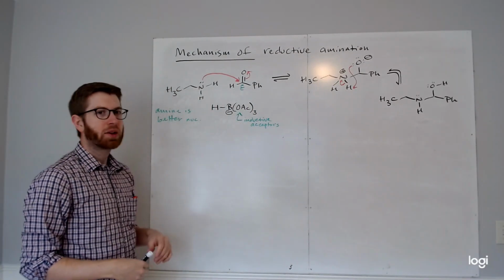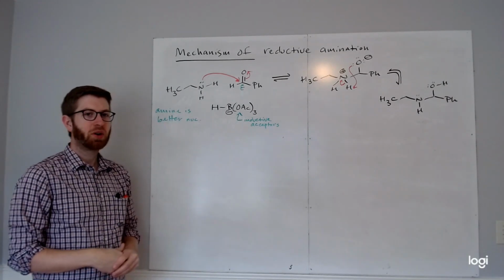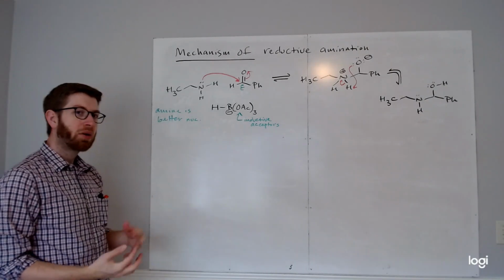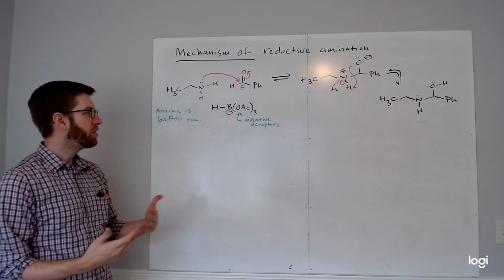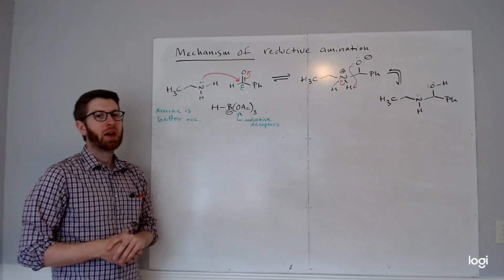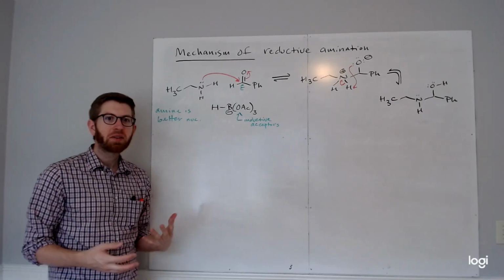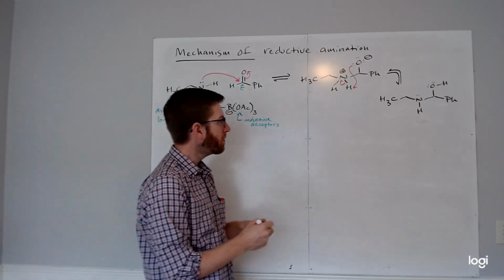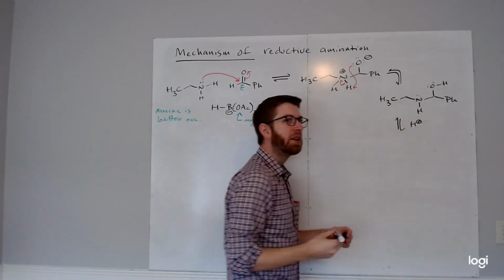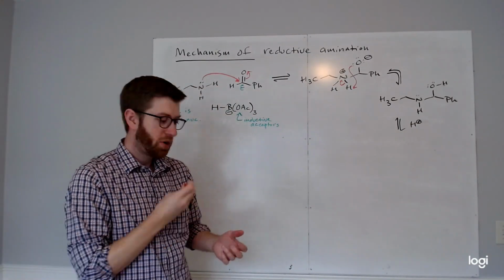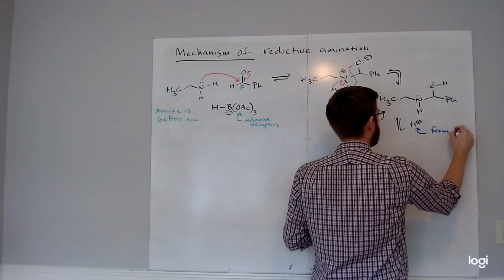One of the things that's kind of cool about STAB, we actually make it by mixing acetic acid, AcOH, with borohydride. Some of the hydrogens from borohydride essentially get protonated off, and we exchange for OAc groups. That also means that there's usually a little bit of acetic acid around. So we've got a pH that might be 5 or something like that, kind of weakly acidic. And so what we can do is use kind of a hidden reagent. So H+, but I want to make sure we know where this is coming from. From trace acid